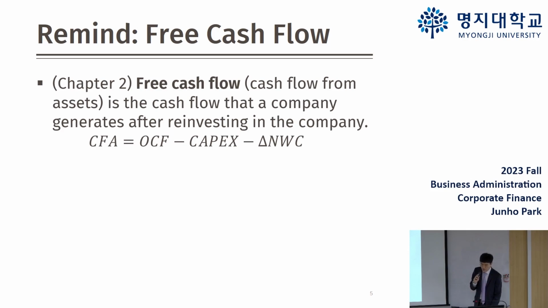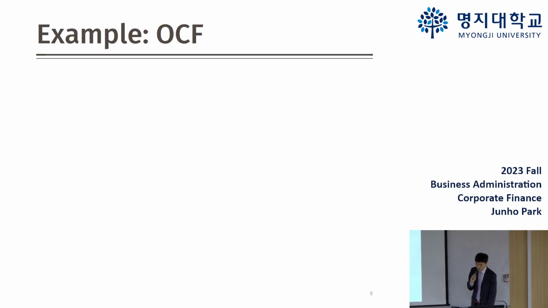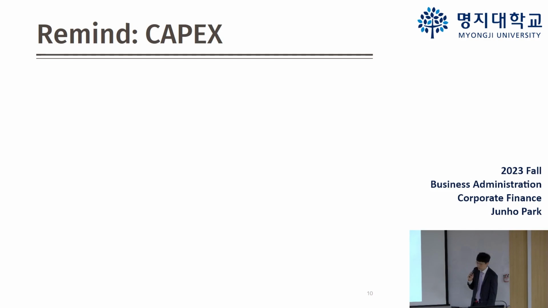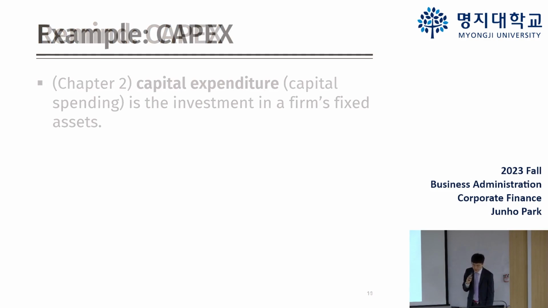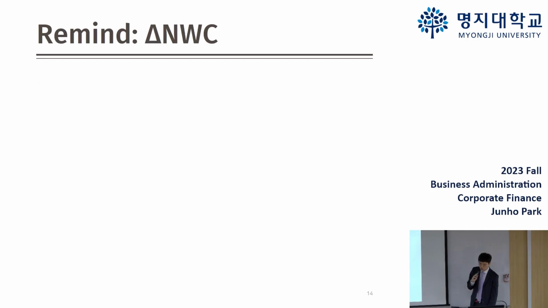So we have three components. The first one is the OCF, which is the operating cash flow. The second one is the CapEx, which is capital expenditure, and the third one is the change in the net working capital. So we learned how to calculate these components that comprise free cash flow, and then we used